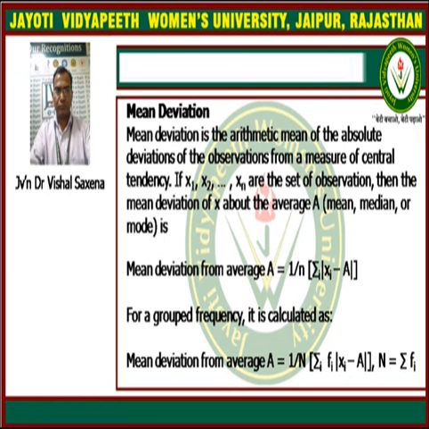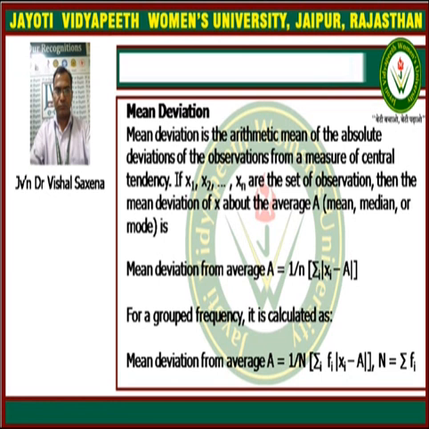If we take the data x1, x2, x3 until xn as the observations, then the mean deviation of x about the average A, and A may be the mean, median or mode, is given by the formula